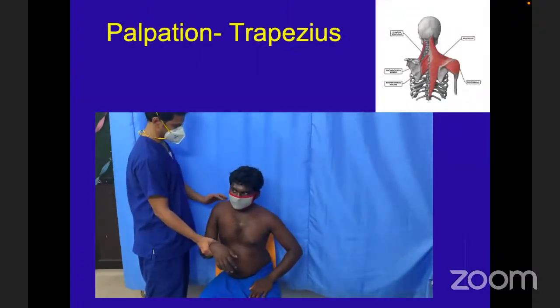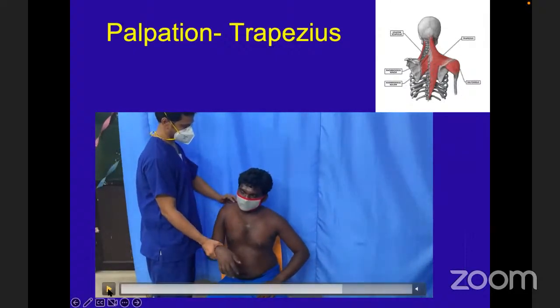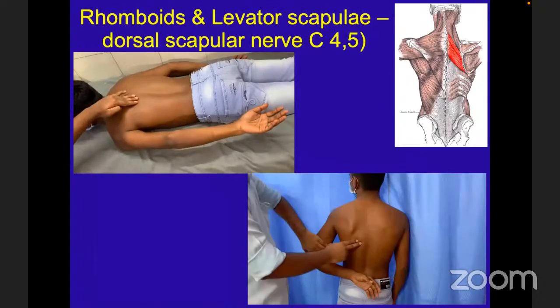We'll start from the top. So this is the way you start examining the brachial plexus, from the proximal to the distal, because this gives you an idea of which muscles you should check. To make it very simple, we should always start from the trapezius muscle. You look at the eye, see whether there is ptosis or not. Look for the wasting, and once all this inspection and palpation is over, come back to the motor examination. We're going to look at the motor examination. This is how you do a